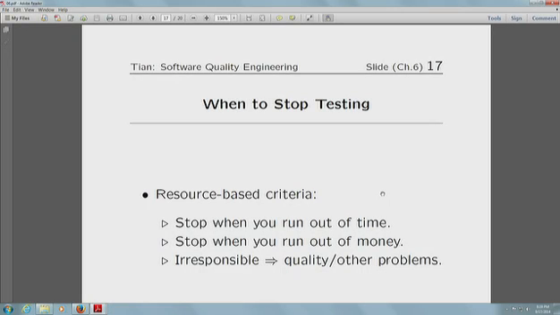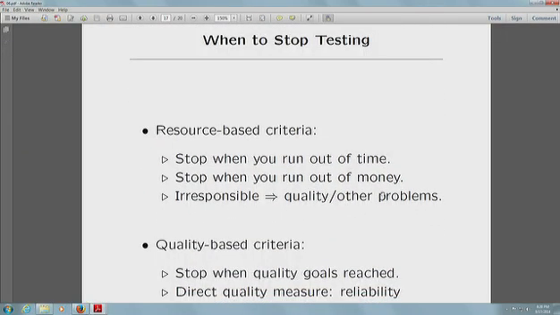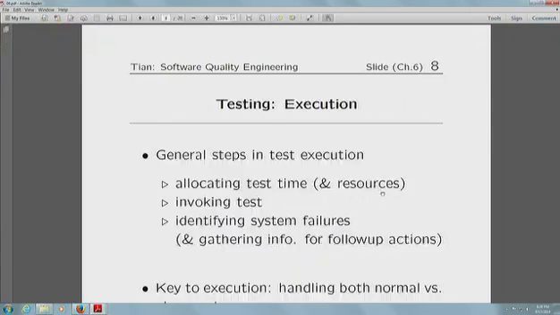And then another big question. From the perspective of black box versus white box, another big question is, when do you stop testing? There are several different ways of deciding when to stop testing. If you look at the process view here,